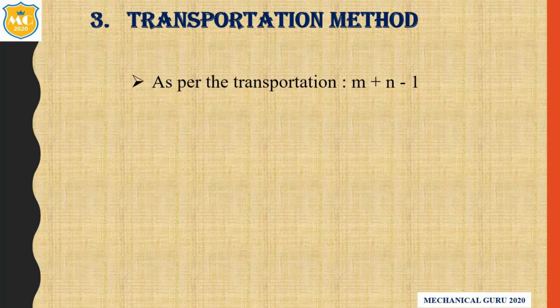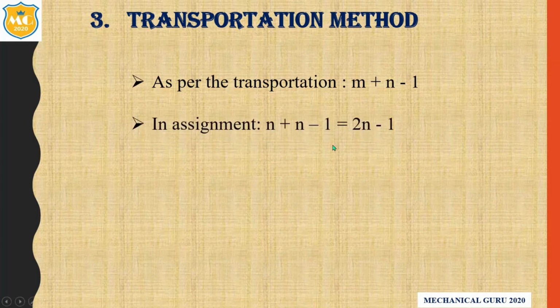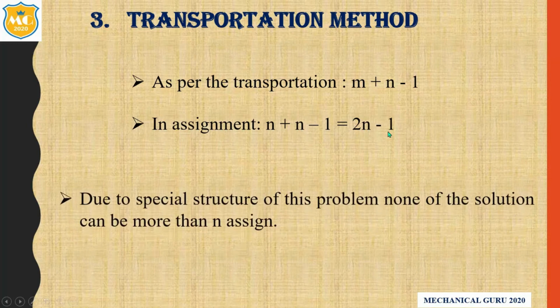So as per the transportation, m plus n minus 1. In assignment, n plus n minus 1, that is 2n minus 1. Due to special structure of this problem, none of the solution can be more than n assignment. Because